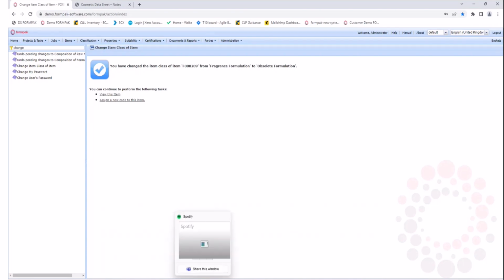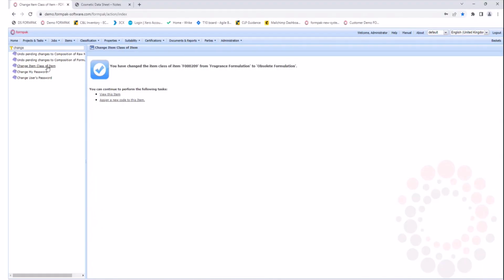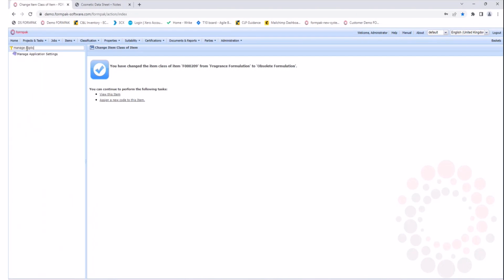Okay, so let's have a look at the next topic. So the next topic is application settings. So these are the settings within the actual Formpak that you can change. So if we navigate to manage application settings,